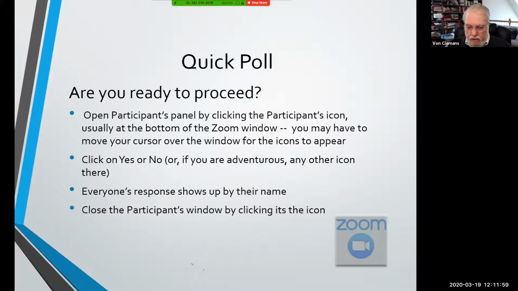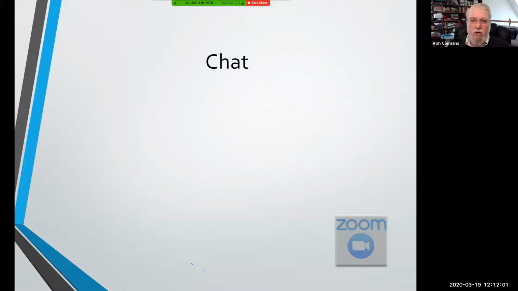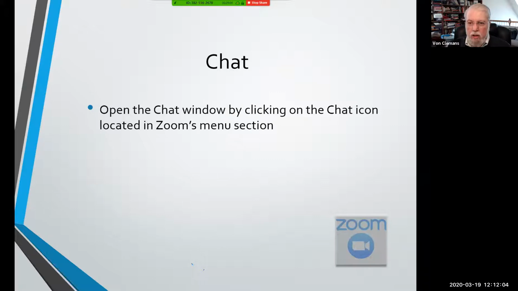So in addition to just a quick poll like that, you can also do a chat. So I'm going to ask you to close the polling just by clicking on the poll button icon one more time, and then open the chat icon. And you'll see a chatting screen, you type your message at the bottom of the screen, and when you press enter, it sends it. So be careful. Don't do what you normally do and press enter at the end of every line. But I'm going to ask you just to type in your name, what church you represent, and anything that you're hoping to,